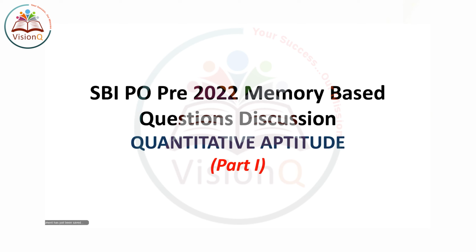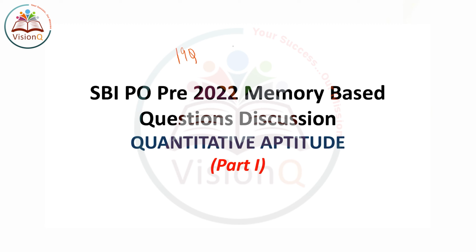So in today's session, we will be discussing the SBI PO Prelims 2022 question paper, which was recently held on 17th, 18th and 19th of December. It consists of 35 questions, but I will be discussing here two parts. In the first part, I will discuss the concepts of speed maths and data interpretation. In the next part, we will discuss the word problems plus some questions of data interpretation. So this session consists of a total of 19 questions,